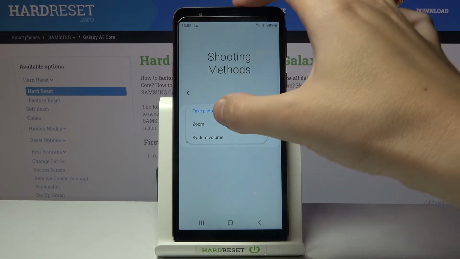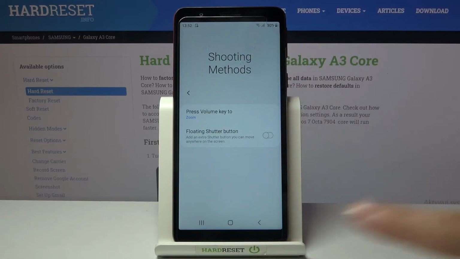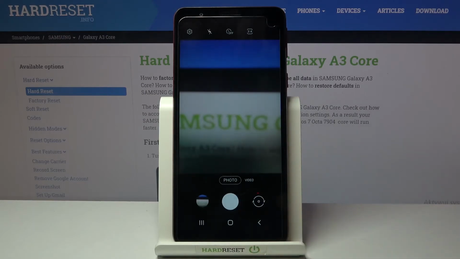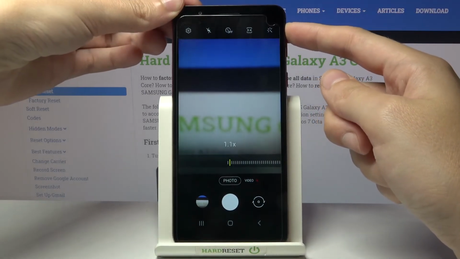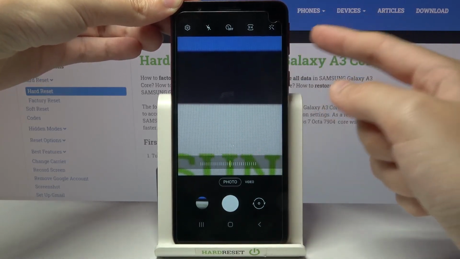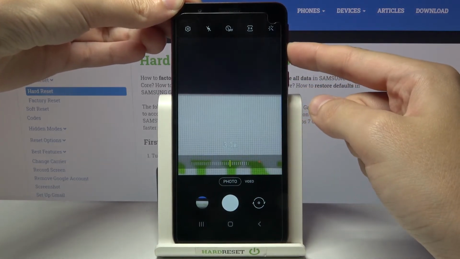So let me change it now to zoom to show you how it works different, and let's move back to the camera. Now let me try to use volume buttons once again. And as you can see, I can easily get closer to my subject and also go back, so I can use